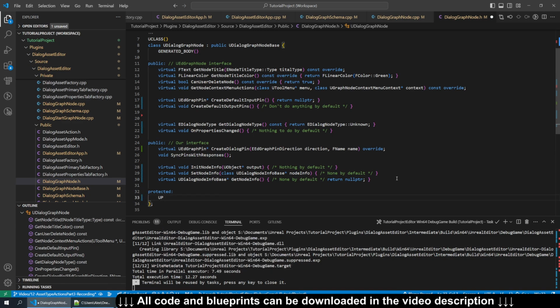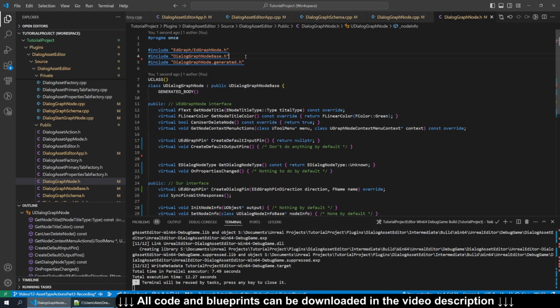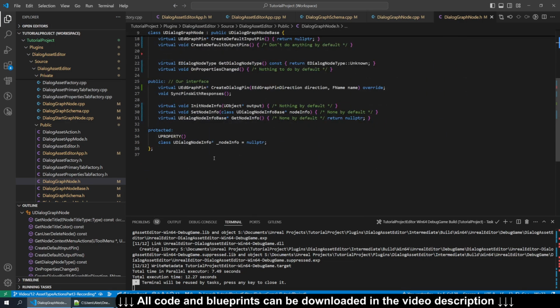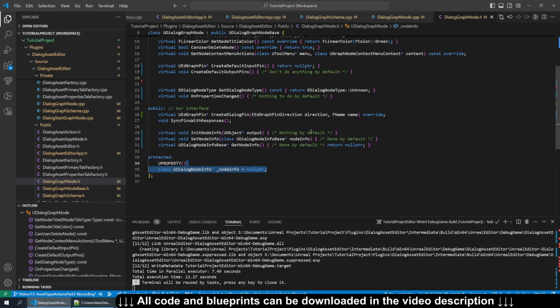So I'm going to add a UPROPERTY down here, class UDialogNodeInfo, start that at null pointer. And we'll need to include it. So include dialog node info.h. Okay. And then, for all the node info related overloads for this one, for init, we just want to create a new one. So new node info,